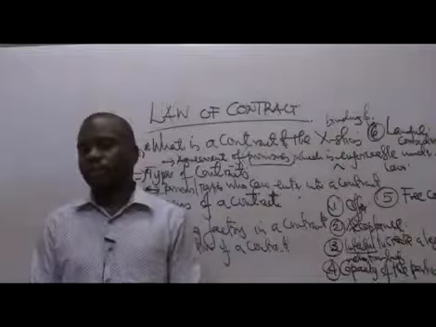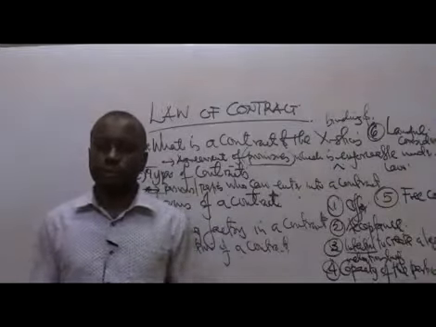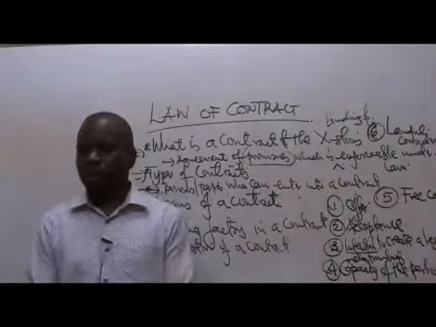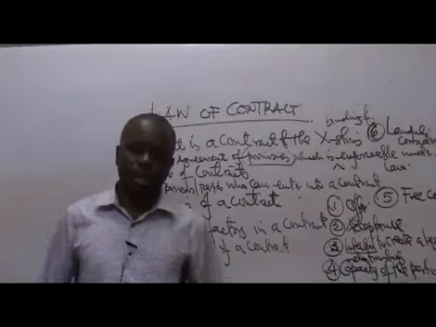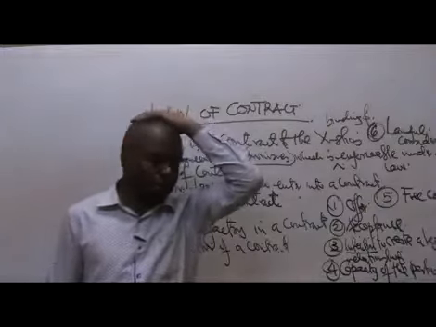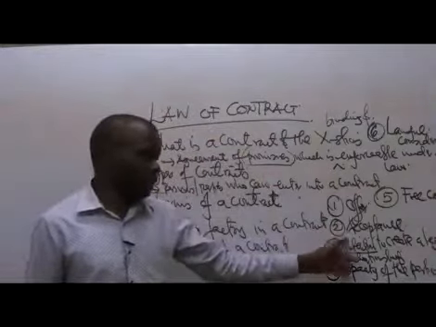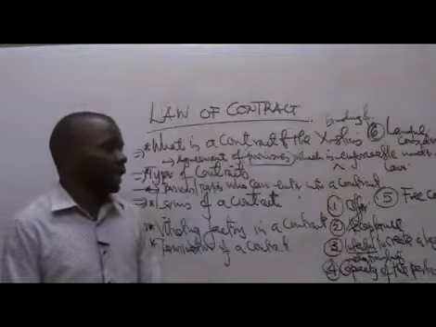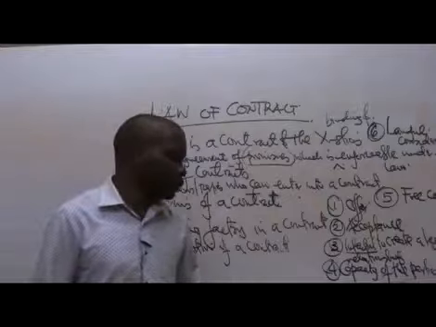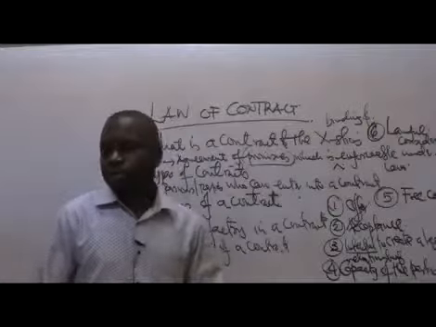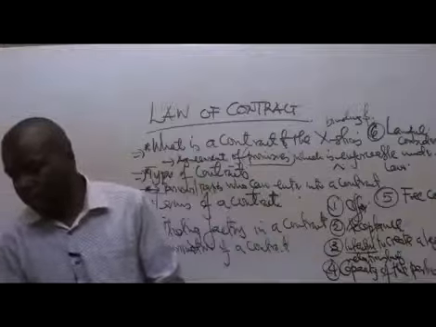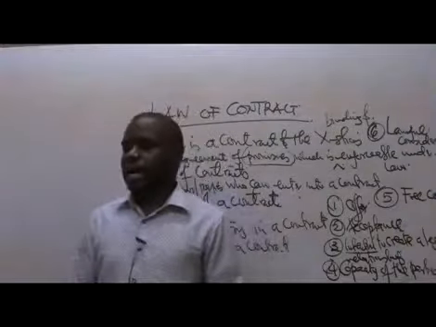For example, if you're entering into an agreement to sell drugs which are not allowed in the country, or you are involved in money laundering, those are outlawed activities. So that cannot be concluded as being a contract. There must be an offer and an acceptance. I think I've already explained that one. Those are the key essential elements that should be present before any form of agreement can be concluded as being a contract.